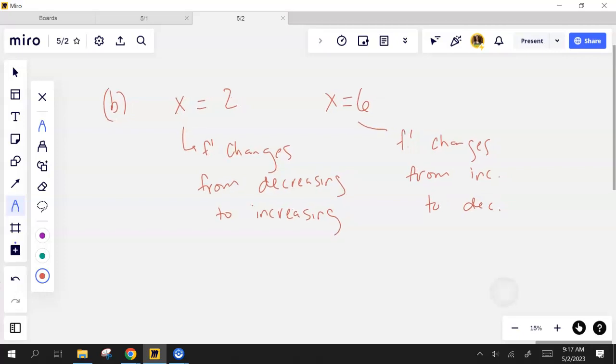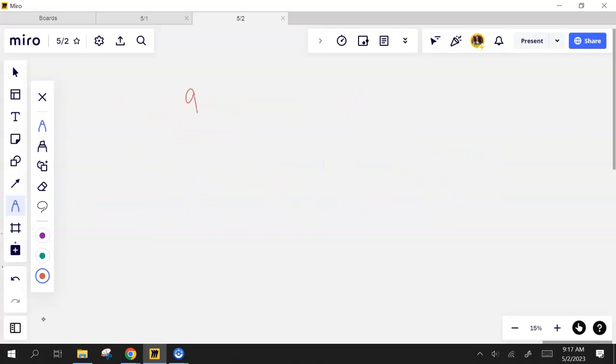Let g be the function defined by g of x equals f of x minus x. On what intervals, if any, is g decreasing from 0 to 7? Show the analysis that leads to your answer. How do I tell if a function is decreasing? Derivative, that's exactly right. So I'm going to find the derivative here, which is,